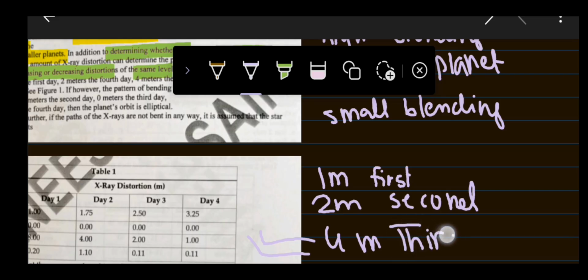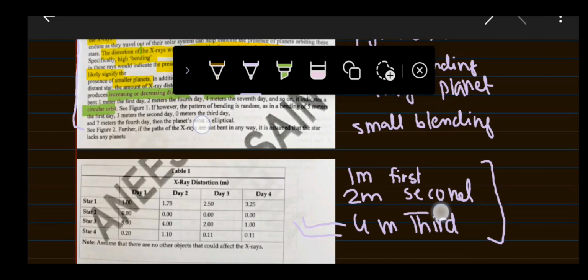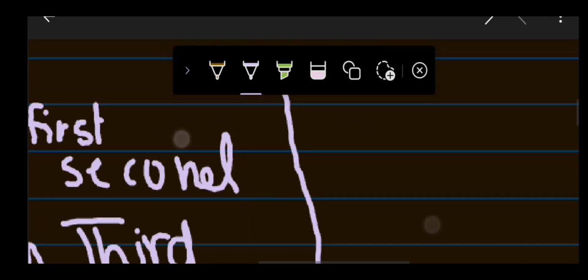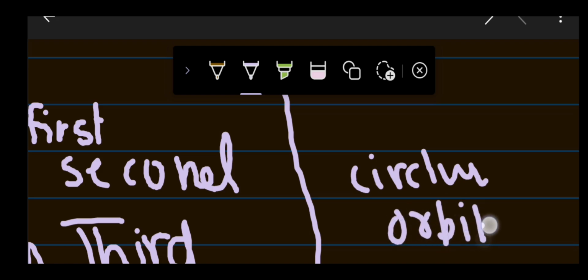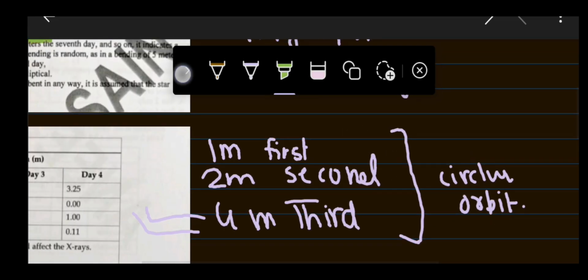So this is the increasing order, and they said this is the circular orbit. Whenever X-ray distortion happens in this way, it means the planets revolve in circular orbits. But